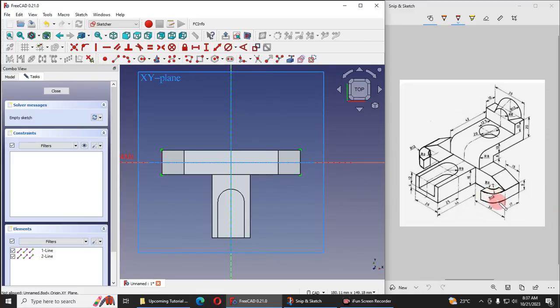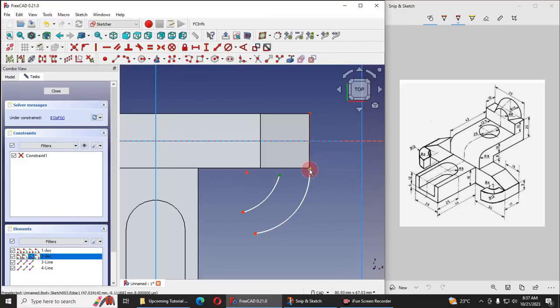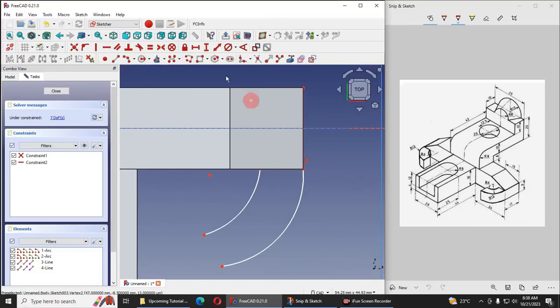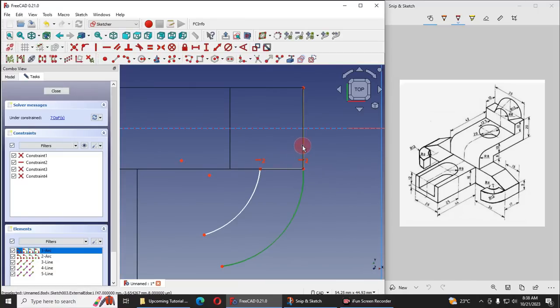This is the radius R13 outer and R8 inner. So for this I will select the 3-point arc, and I will draw two radius like this, and I will select this point and make it horizontal. And for better visibility I will switch to the wireframe, and then again I select the line and I join these two, and I will make this and this the tangent relation,